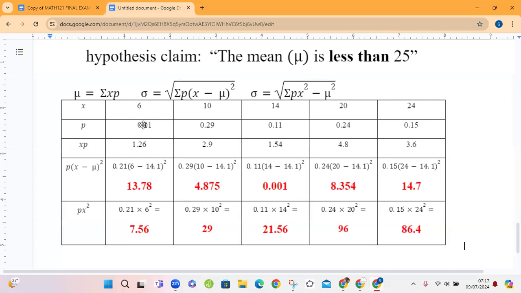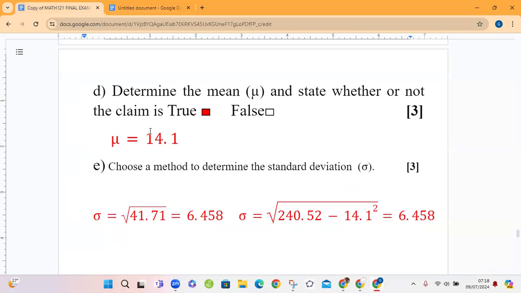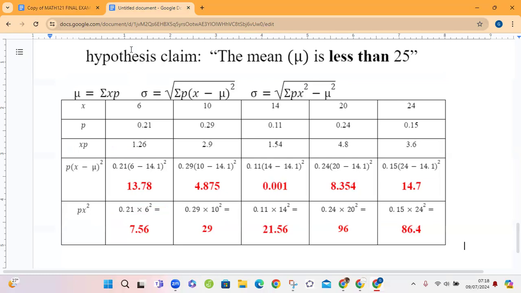So that will be 6 times 0.21, we get 1.26. 10 times 0.29, 2.9. And this was done right up to 24, sorry. And these values were added up: 1.26, 2.9, 1.54, 4.8, and 3.6 to get a value of 14.1. So what you must do is to actually take out your calculator, your pencil, your paper, and actually perform this calculation to prove to yourself that you can actually calculate the population mean if you are given a table like this. Just simply multiply each X value by its corresponding probability and add them up, and this will give you